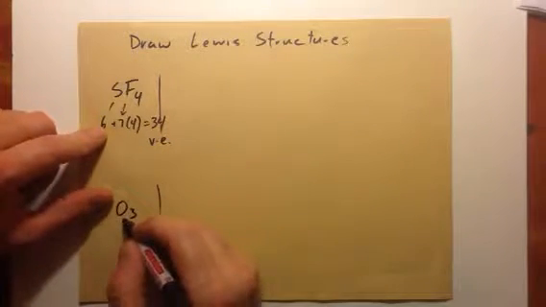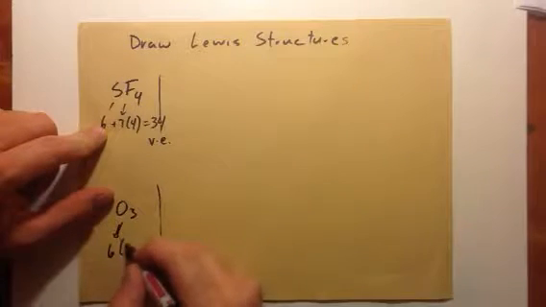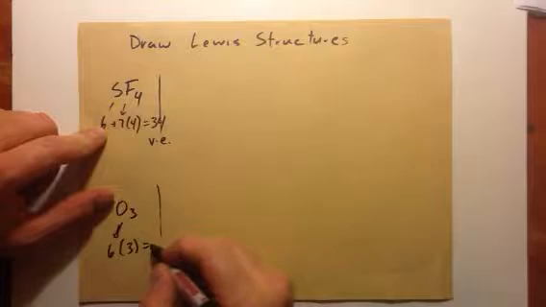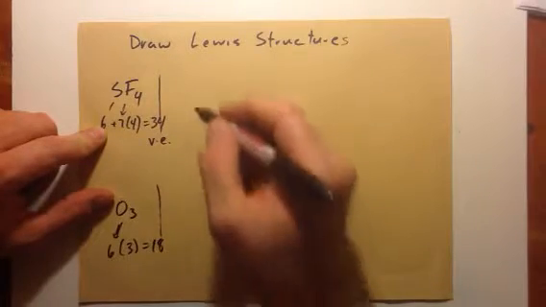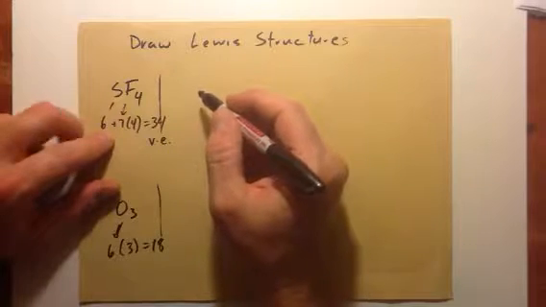We could do the same thing for ozone. Ozone of course has 6, oxygen in ozone has 6 times 3. We'd have 18 electrons. The second thing to do is then to make a frame that we can build off of,